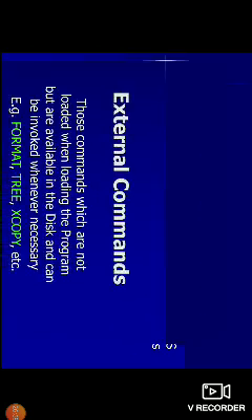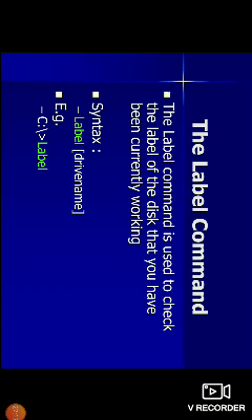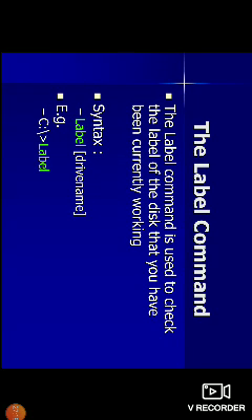So now here are external commands. Those commands which are not loaded when loading the program but are available in the disk and can be invoked whenever necessary. Examples: format, tree, xcopy, etc. So first one is the label command.